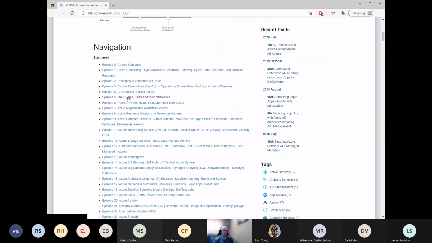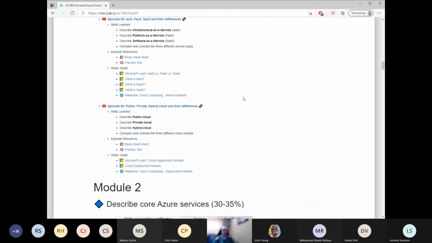So for example, if I was doing an exam question, and not obviously the real life exam, but within the practice ones, and I got something on IaaS, PaaS, and SaaS, and I couldn't work out what the differences were, or capital expenditure, I would come here, and this would give me the overview of